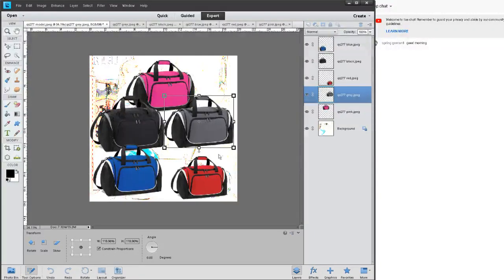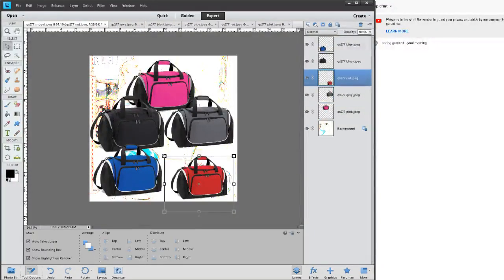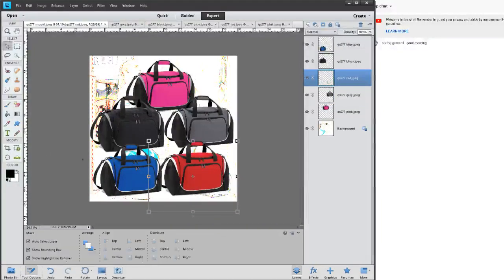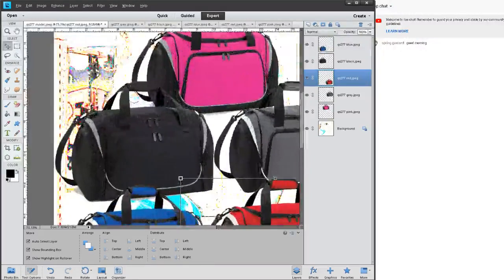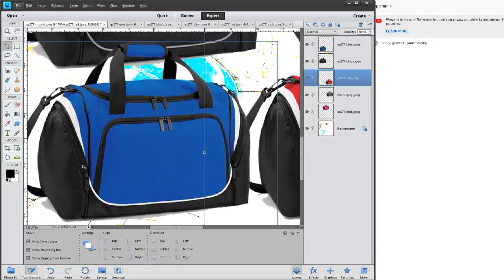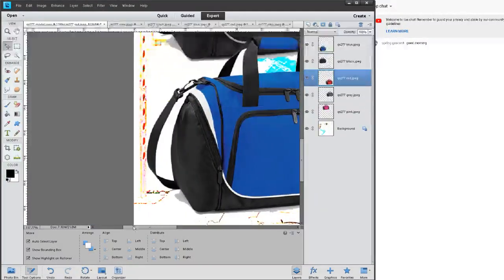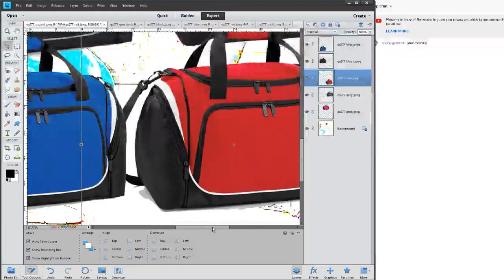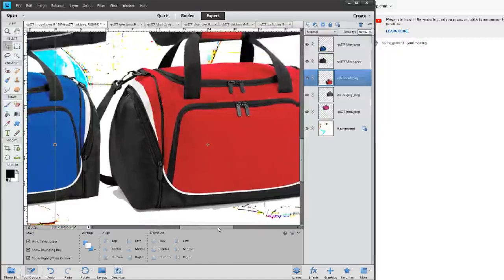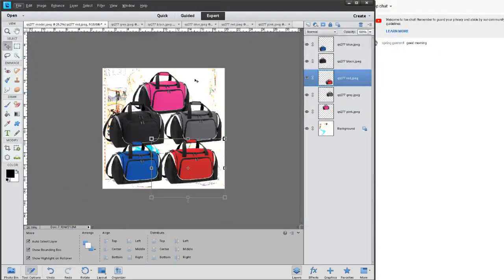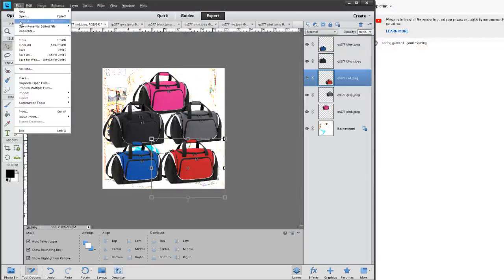You can't even tell what the background was now. Waste of time. Waste of time. But there it is. Right, so we're going to just manually take out the white bits. That doesn't need doing. This does need doing. No, it doesn't. No, it's fine. And that doesn't need doing really. No, we're going to leave them. It's fine. And now we're going to save them all